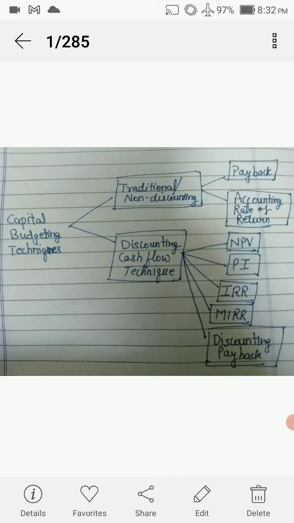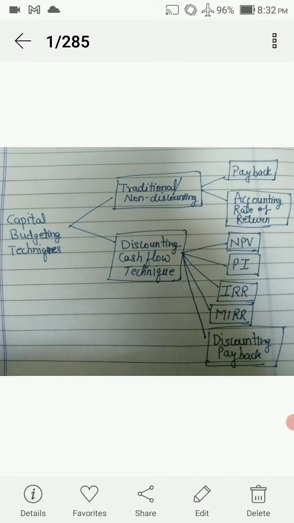Now, how will we understand the viability of the project? For that, we use certain techniques. So we will discuss the capital budgeting techniques. These are classified into two. The first one is traditional, or we can say non-discounting method or techniques, and the other one is the discounting cash